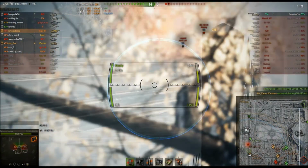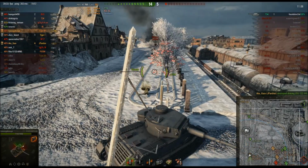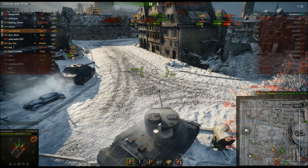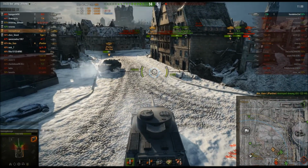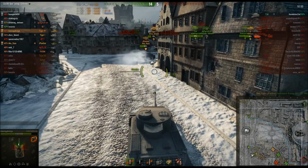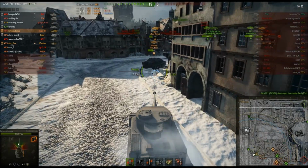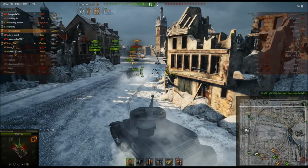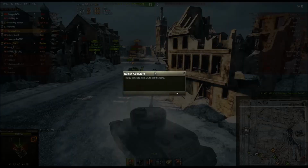As you can see, I've got Kaz with me, and him in his Panther, just the speed he gets with that, he can just zip around up the front, and then I can come round the corners behind him, and if I need to, I can take the shots. So that was actually a little bit quicker than I thought it would be. Okay. I wasn't really paying attention to that. So all in all, the Tiger P